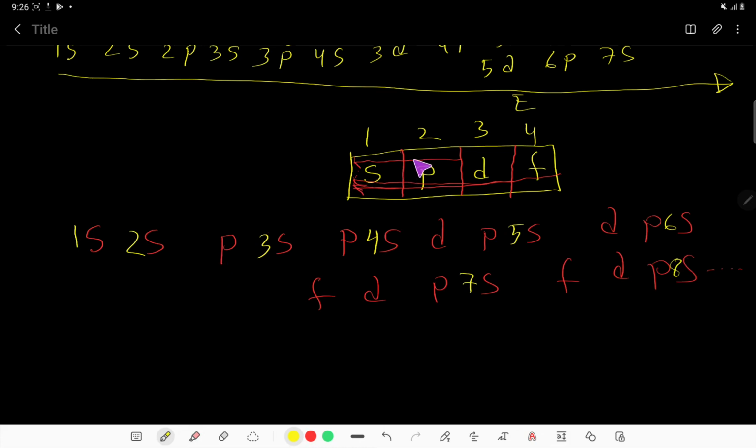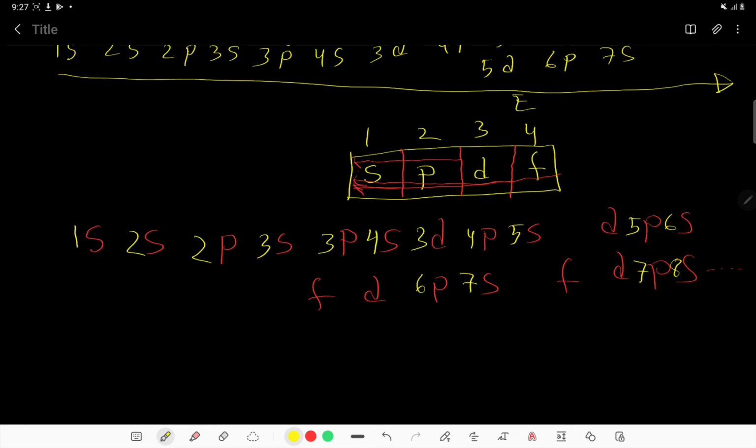P starts from the second shell, that is 2p, then automatically the second p will be 3p, 4p, 5p, 6p, 7p. Then D starts from the third shell, that is 3d,